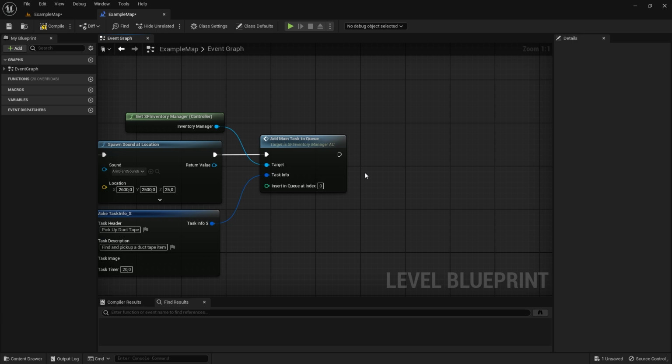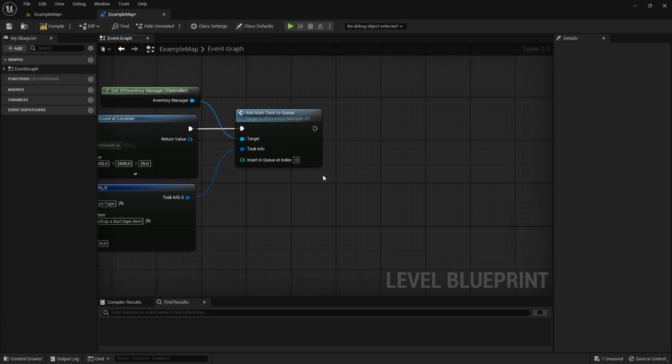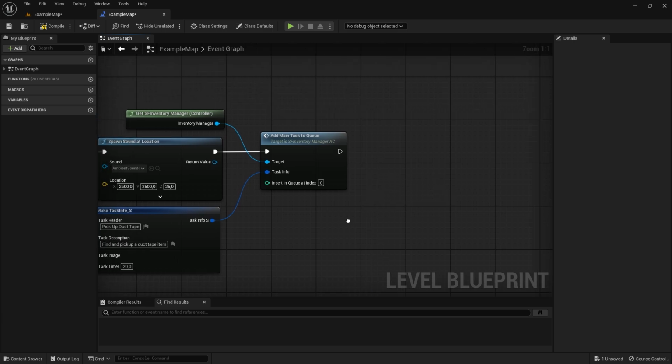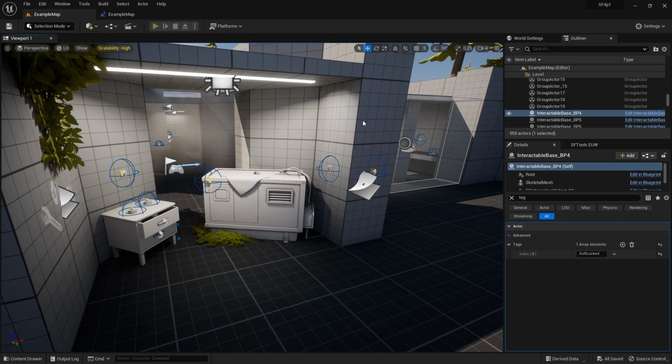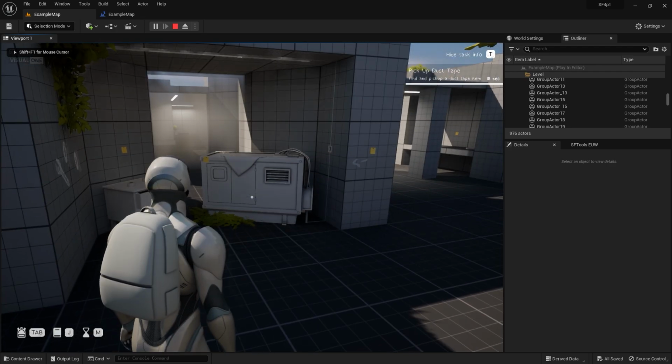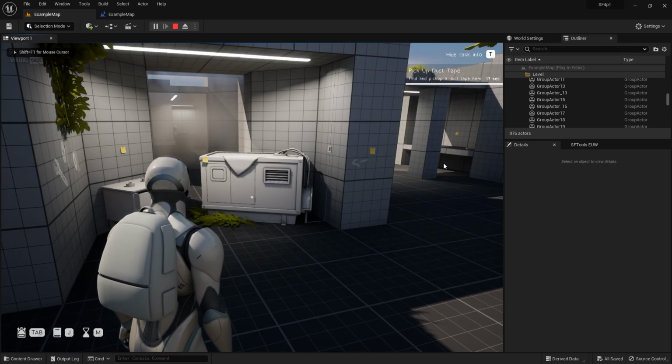So tasks work sequentially, which means each new task gets added to a list of tasks. Once one gets completed, the next one will move up and become the main task. So we can go ahead and test this now. If we hit play, we should see in the top right a task that gets added. So we can see in the top right we have the task